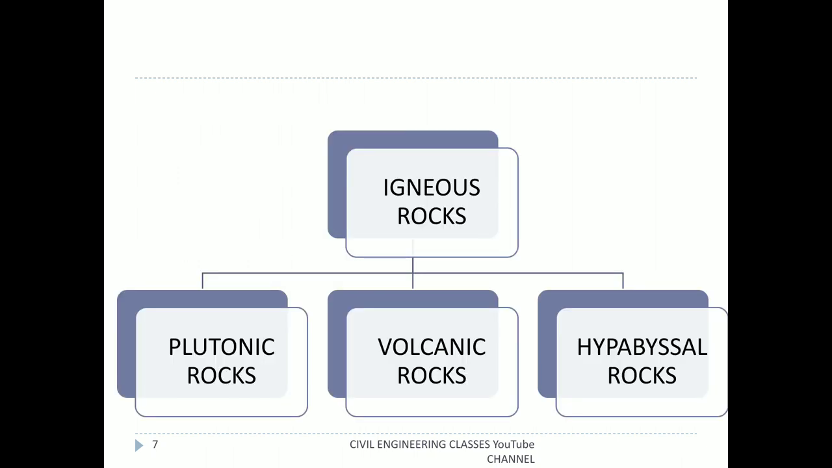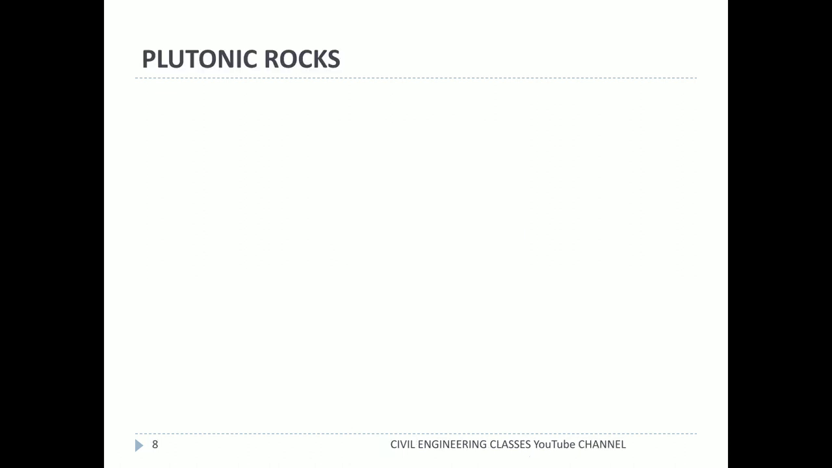The igneous rocks can basically be classified into three classes. First one is plutonic rocks, then hypabyssal rocks, and volcanic rocks. Let's see them one by one. First one is plutonic rocks. Plutonic rocks are also called intrusive rocks